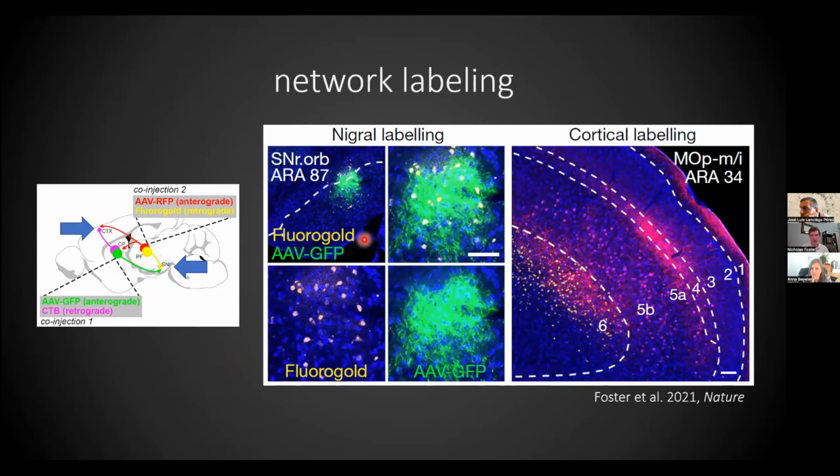So in the SNR, we see perfect overlap between the retrograde labeling from the PF thalamus in Fluorogold here and anterograde labeling from the striatum with these green labeled axons here. And then in the cortex, I found overlap of labeling in a cortical column in the primary motor cortex. So in purple, you see the retrogradely labeled corticostriatal cells, and in red, the anterogradely labeled thalamocortical axons here in